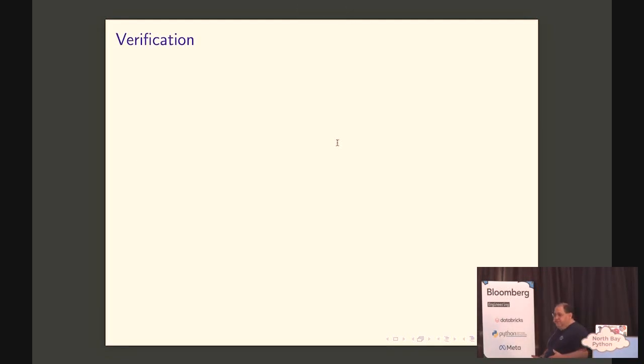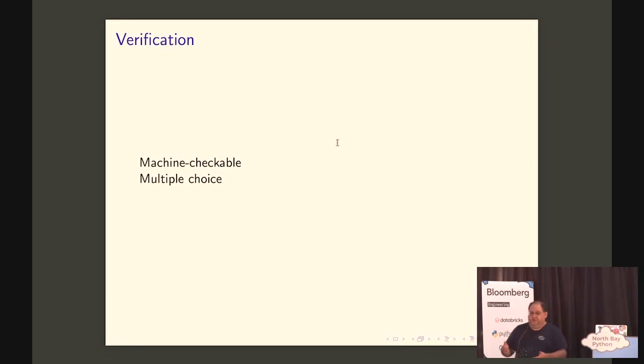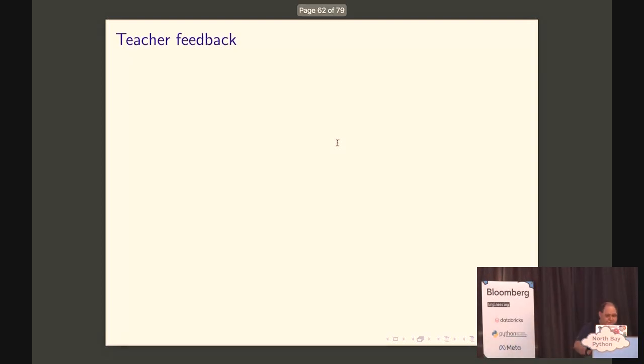And if you do want to do automated verification, again, you're in Jupyter, you can do whatever you want. So if you do have something that's machine checkable, right? For example, a number that you can decide if it's correct or not, then you can check that number. Or, obviously, you can transform free text answers into something that would be more machine checkable. So the student can get immediate verification. Did I get the material so far, or do I need to read further, or go back, or do I need to ask for help from the teacher, right? So you give the student immediate feedback.